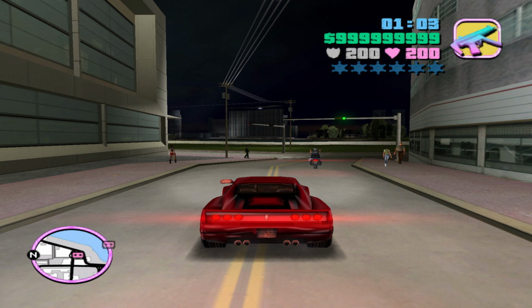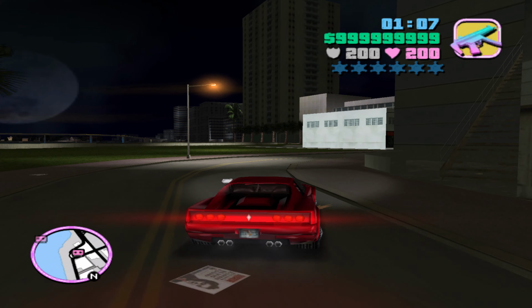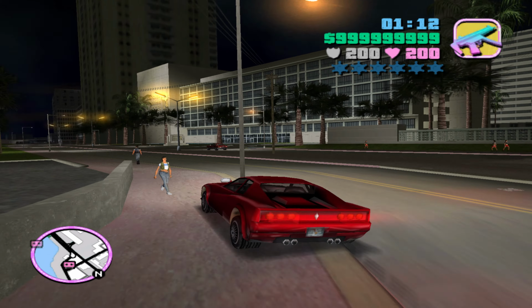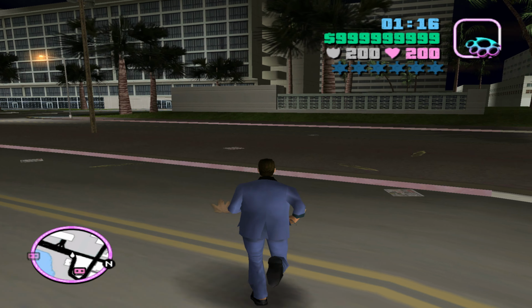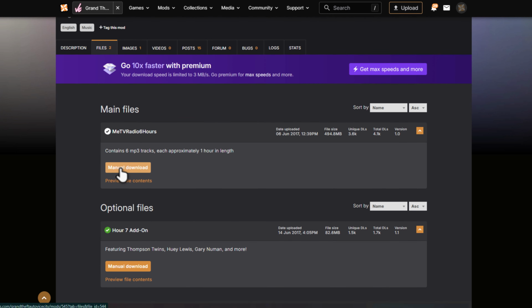In today's video, I'll show you how to add a full 80s radio music pack to GTA Vice City with hours of classic songs, ads and news breaks. All you have to do is check my video description for this mod link, select the manual download option